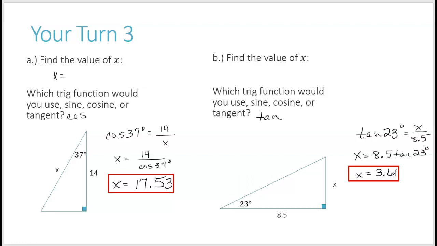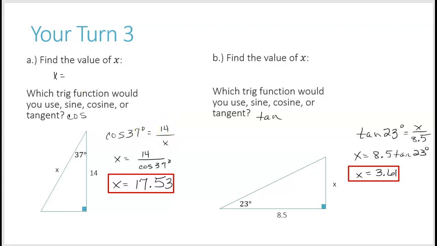Okay, so now just so I can do a quick run through some of these, obviously we're working with a 37-degree angle in part A, and we're dealing with a hypotenuse. This is the one that's across from the right angle. And we're also dealing with the adjacent side. That's the side that adjoins the angle, okay? So cosine of 37 degrees, because adjacent and hypotenuse is cosine, is equal to 14 over my hypotenuse of x,